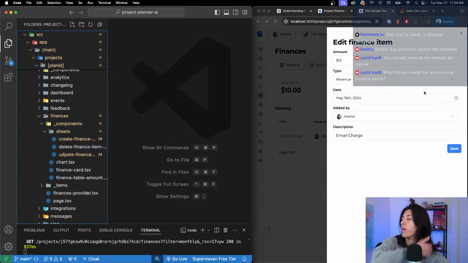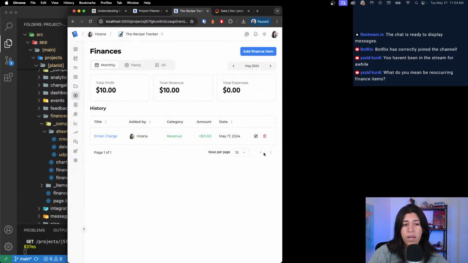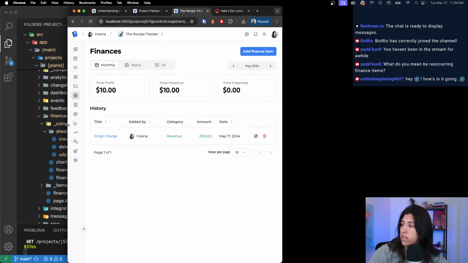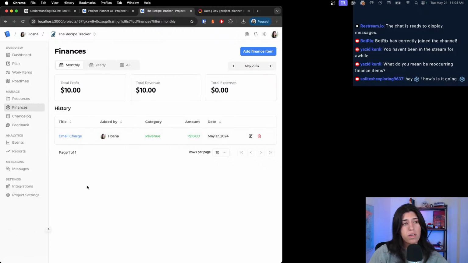What do you mean by recurring? Yeah. Okay. So what do I mean by recurring finance? So right now in this one, you're able to only add one finance item at a time. So let's say I have a project, and I want to keep track of the finances for this project that I'm working on. I added, let's say, email charge. If I have a Google Workspace and I get charged every month for that,